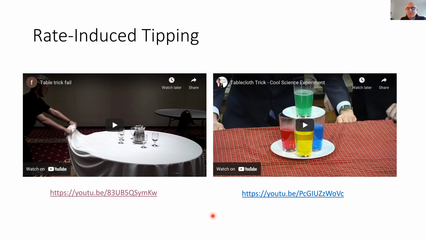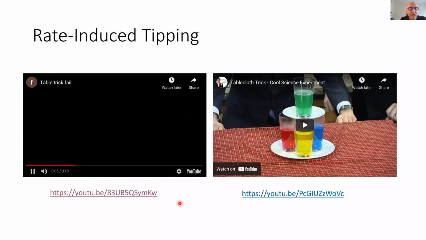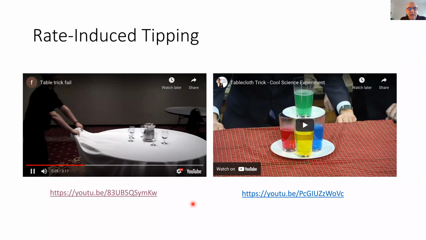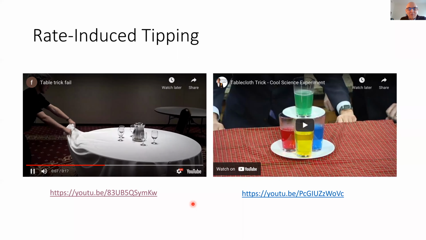And the other state of the system would be those glasses or glass plus jug with liquid in it sitting on top of a table without the tablecloth. So those are the two systems. So if you don't pull it too quickly, what happens, as you would guess here, is, can everyone see that